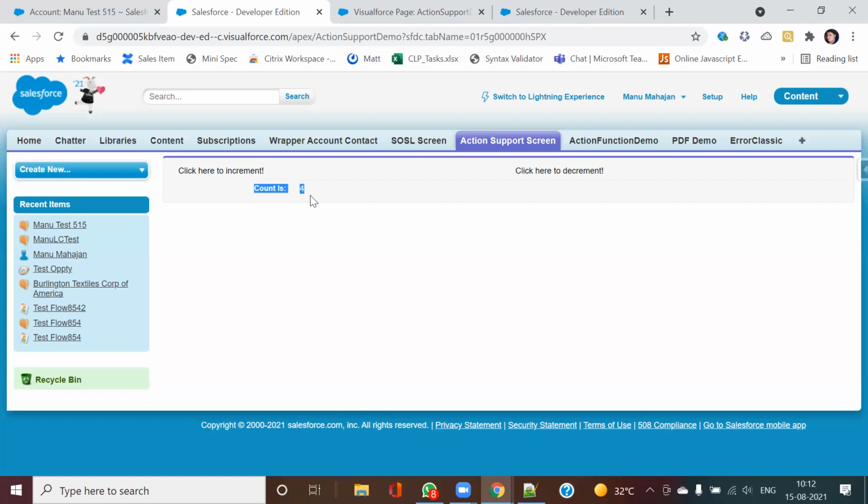Manu, can we give this action support to other features like buttons or something like that? AJAX support to buttons I cannot do. Fields I can give. Tags I can give. Buttons I cannot.